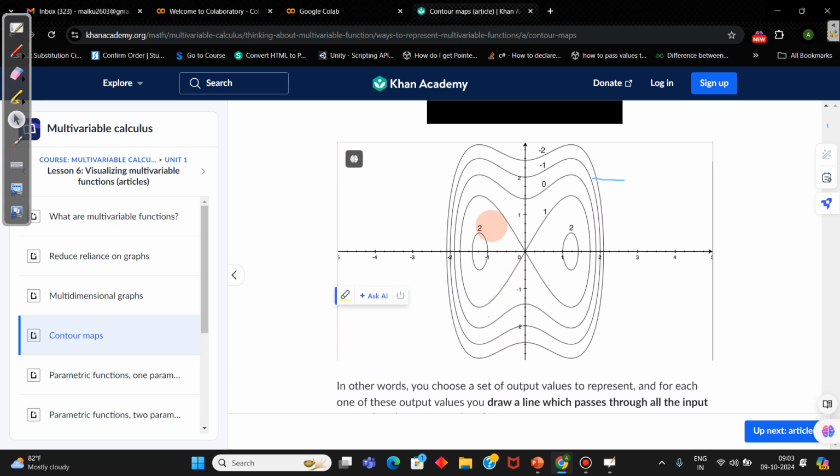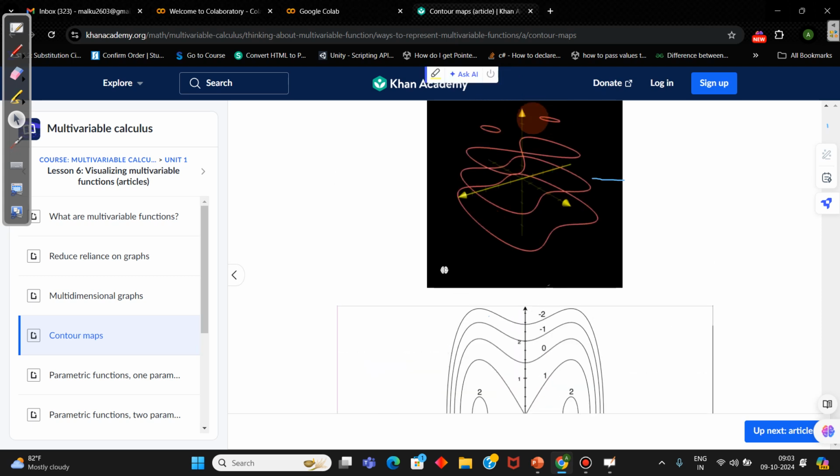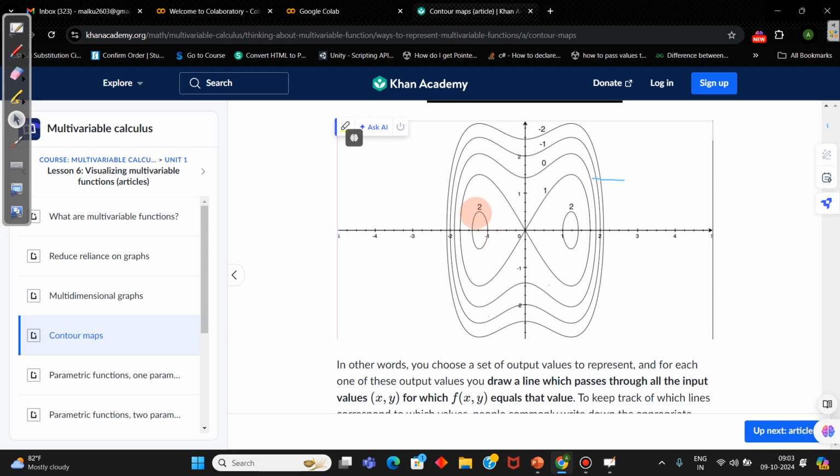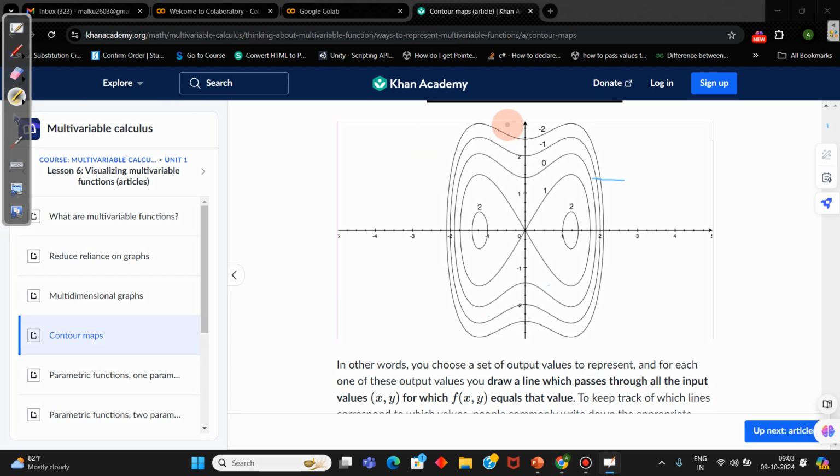So all these three-dimensional cut spaces, wherever the particular z value is obtained on the surface, are projected on this plane. So if on this graph you see that it's written 2 over here, it means the z value, that is the output, is 2, and all the x and y values on this circle give the output z